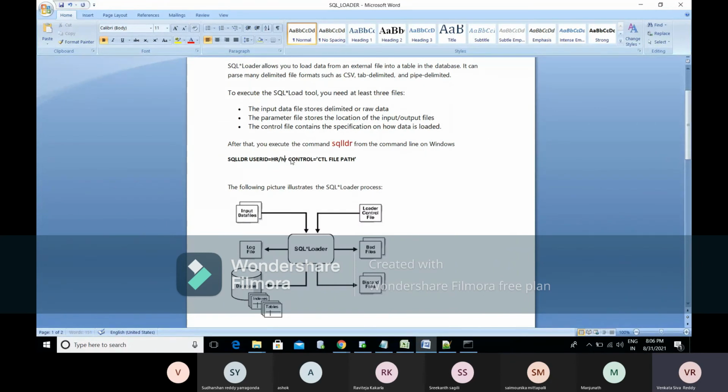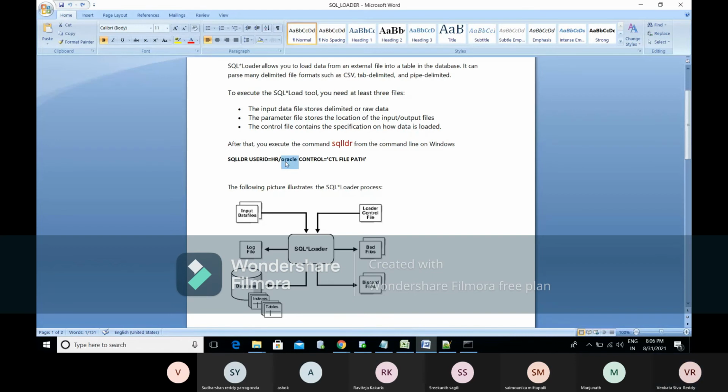This is how to run the SQL loader scripts. We use sqlldr, user ID slash password. We need to mention it like that, user ID slash password, and then the control file. Where the control file is located, we'll mention that.